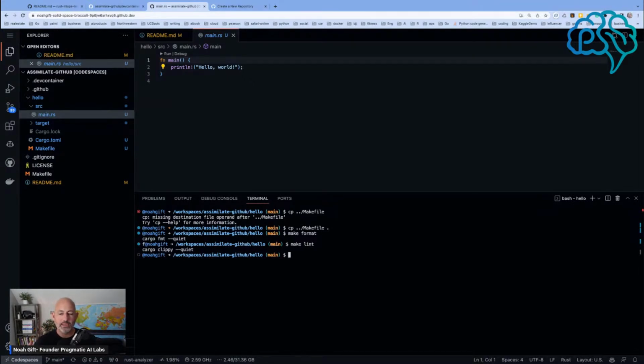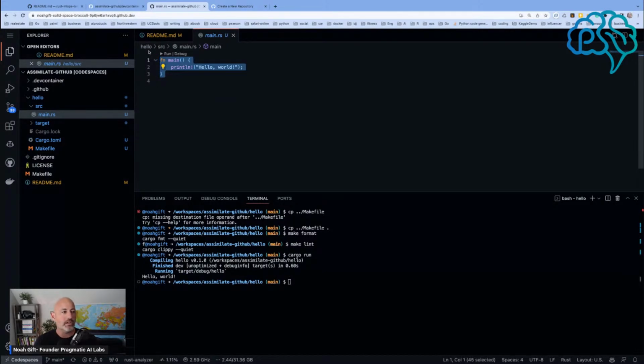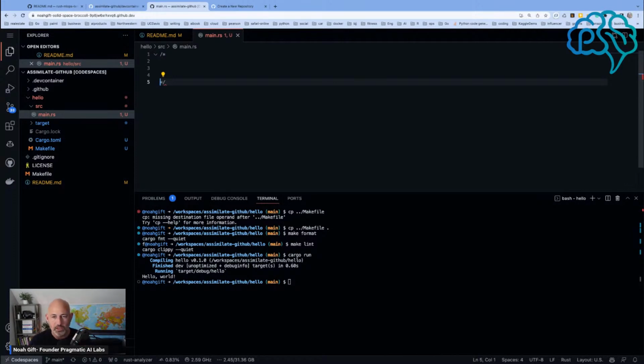But if you want to make it smarter and we want to run it, we just say cargo run, and you can see it's going to compile it, it's going to build hello world. This is the magic of Copilot, is that you put in a prompt. The first thing that you put in as a comment will guide what it is that you want to do. So we can say, for example,